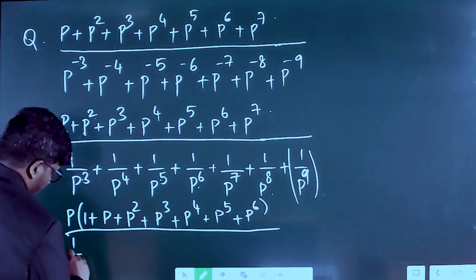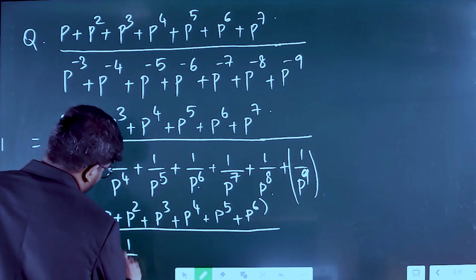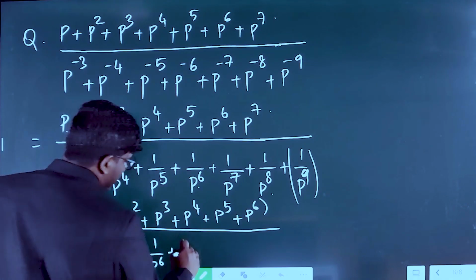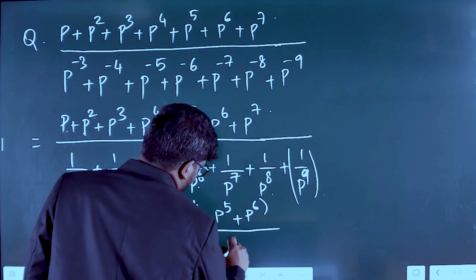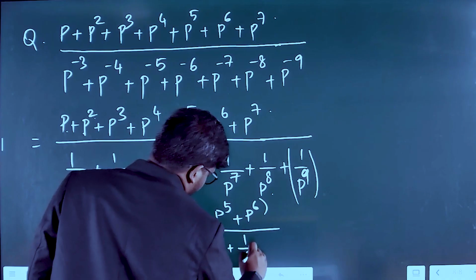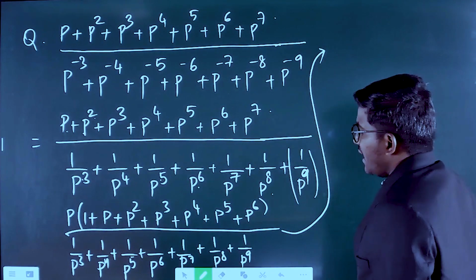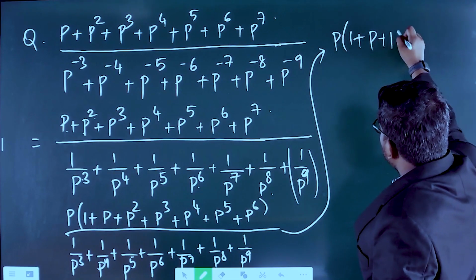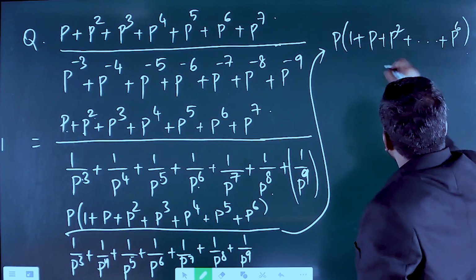Let's leave the denominator as it is: 1 by p cube plus 1 by p power 4, 1 by p power 5 plus 1 by p power 6 plus 1 by p power 7 plus 1 by p power 8 plus 1 by p power 9. Now, the numerator is p into 1 plus p square and so on up to p power 6, divided by,